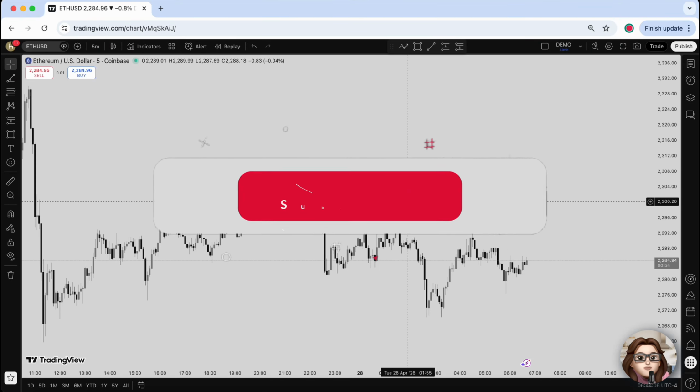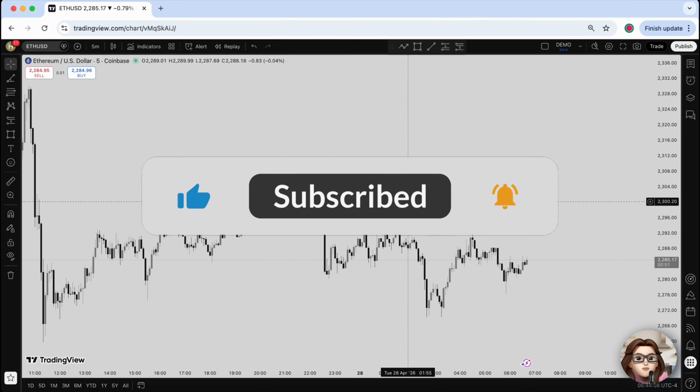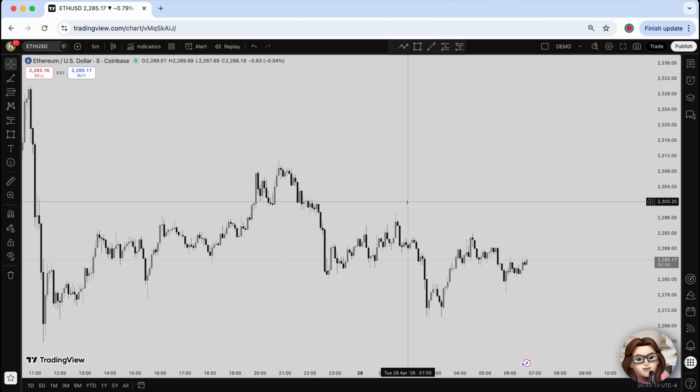In this tutorial, I'll show you how to use the price range tool in Tradingview to measure price movements quickly